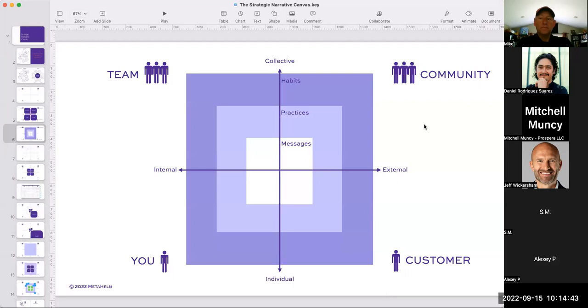What I do is that I show the quadrant, I show the canvas here, and together we go through the exercise of mapping out what are the pieces here that we have in this company that are about community, customer, team, or yourself.